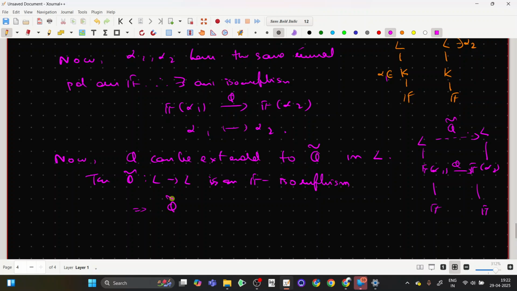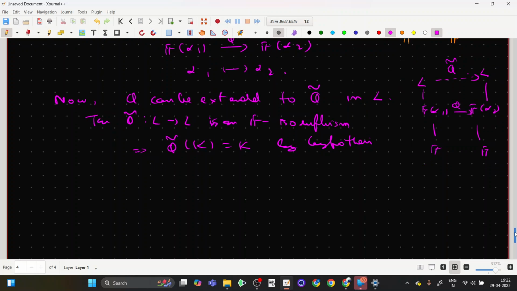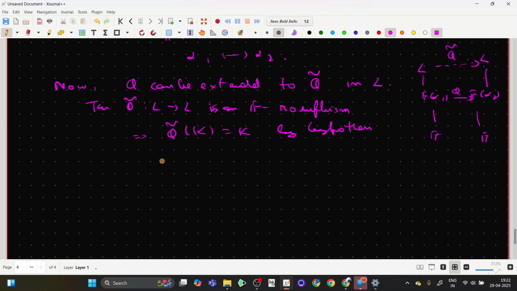What does this mean? This means that phi tilde of K must be equal to K by hypothesis, right? But alpha 1 is in K, right? And phi tilde of alpha 1 must be equal to alpha 2, because phi tilde is just an extension of phi. So phi tilde of alpha 1 must be equal to phi of alpha 1 because of being an extension, and this is equal to alpha 2 by the definition of alpha. But this contradicts the fact that,